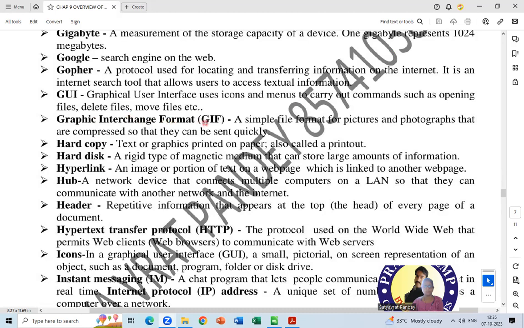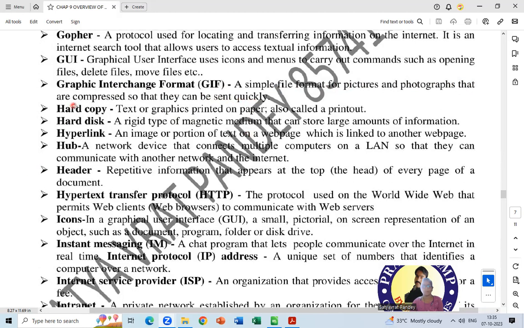Graphical Interchange Format (GIF), a simple file format for pictures and photographs that are compressed so that they can be sent quickly. Hard copy, text or graphics printed on paper, also called a printout. Hard disk, type of magnetic medium that can store large amounts of information. Hyperlink, an image or portion of text on a web page which is linked to another web page. Hub, a network device that connects multiple computers on a LAN so that they can communicate with another network and the internet. Header,